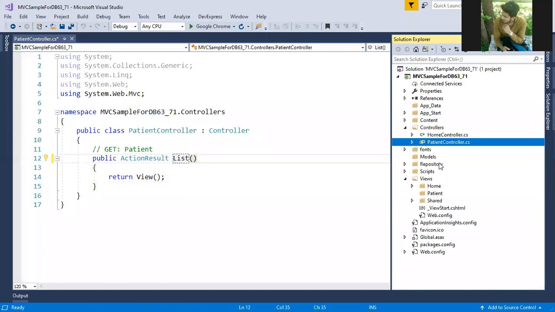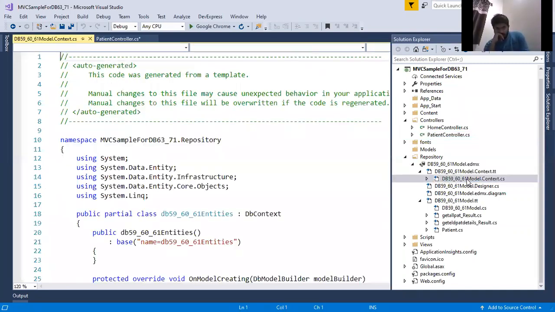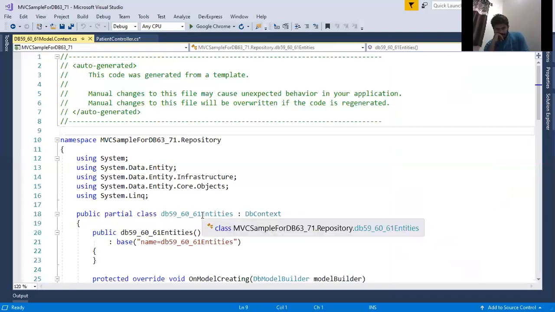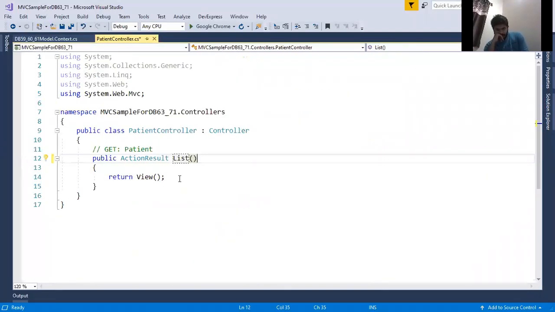Now what we need to do? We have to fetch the patient table data, all the patient table data. So in order to fetch the entire patient table data, you must get this model context. Create the object for this entities, DB 59, 60, 61 entities.